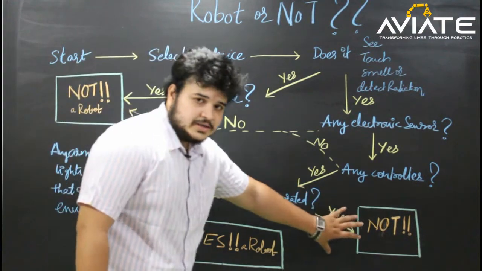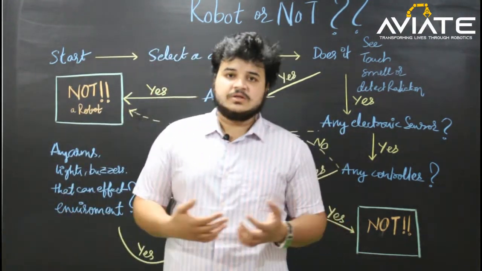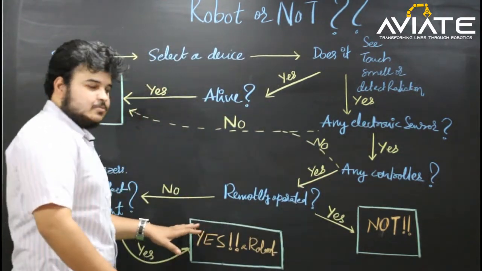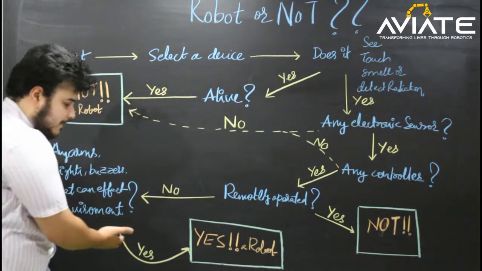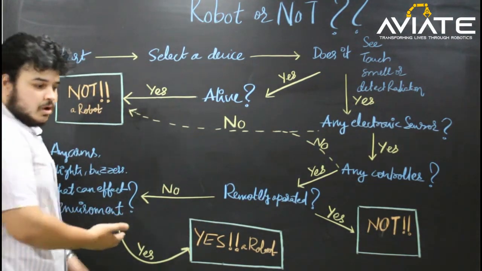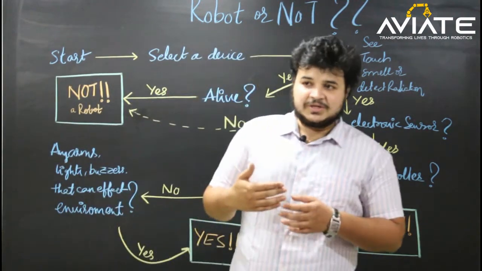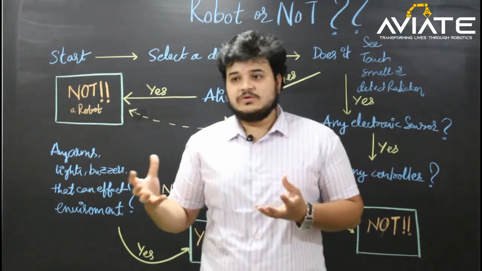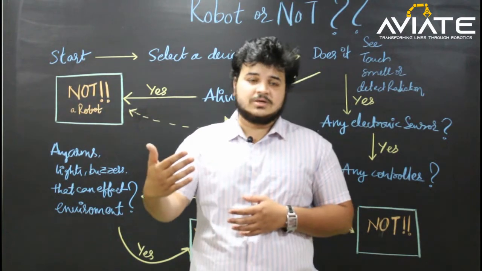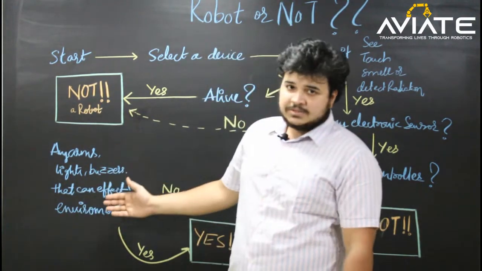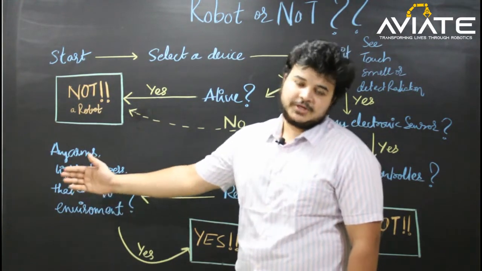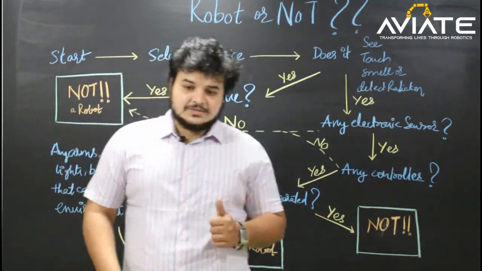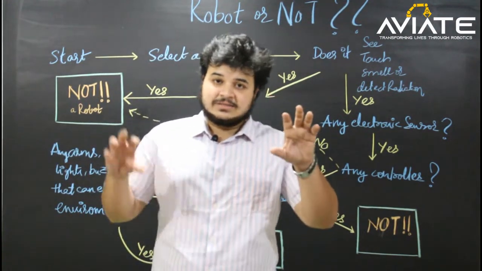So this is a very important check. Most of us get confused by looking at a remote control toy. We think, that's a robot, yeah, that's a robotic toy. Absolutely not. So you need to check for the very next important check. If it is not a remote control toy, then what's happening? It's having some kind of arms, or some kind of legs which react to the environment, or some kind of actuator system like a wheeled robot that can move from one point to another point if it is having an obstacle free space. There are many examples which can fit into the last step, which is also called the maturity stage of a robot. So this is a very simple flow chart which explains whether the selected device is a robot or not.